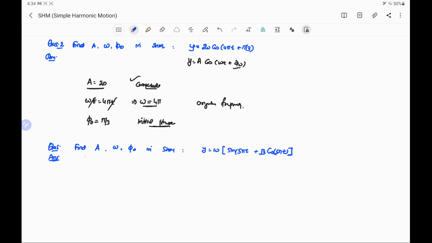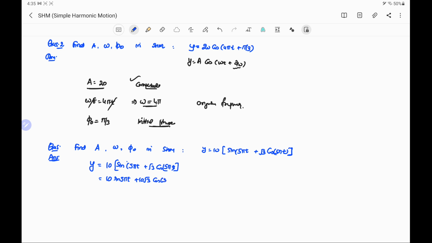Next question is, here also we have to find the amplitude, angular frequency, and the initial phase in simple harmonic motion. An expression for the simple harmonic motion is given: y equal to 10 sine 5 pi t plus root 3 cos 5 pi t. Here the given expression is y equal to 10 sine 5 pi t plus root 3 cos 5 pi t. This can be written as 10 sine 5 pi t plus 10 root 3